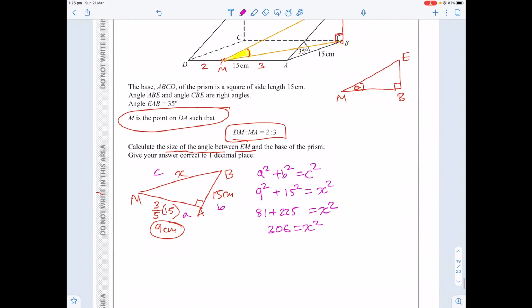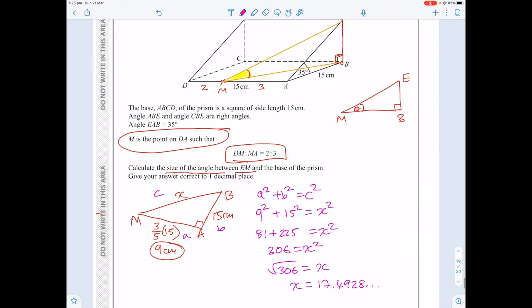So in order to find X, we do the square root of 306, and that gives us 17.4928 and some values. Now, one word of caution. Because you are going to be using this value of X for M to B, because this is what it represents, you can leave as many decimal places as possible, or you can even use the square root of 306